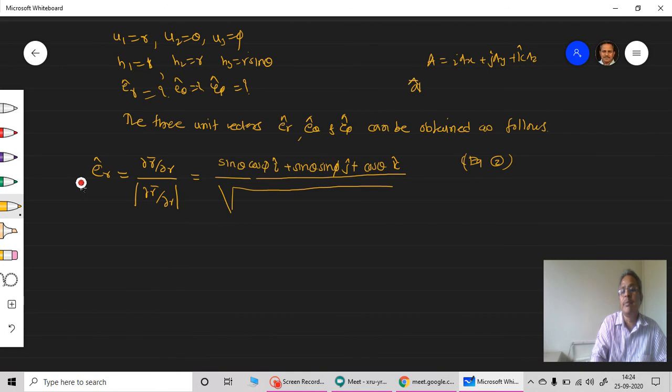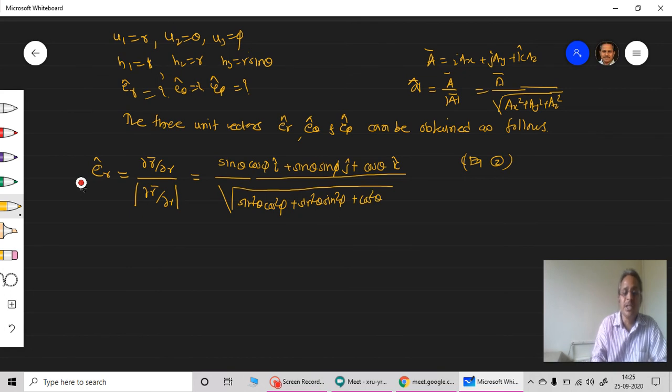Unit vector A cap is given by vector A bar upon magnitude of this A bar. So this is vector A bar divided by magnitude, which is given by the square root of AX square plus AY square plus AZ square. So this is the formula I am using here. तोच मला वापरायचा आहे. So this is the first component. So it becomes sin square theta into cos square phi plus sin square theta into sin square phi plus third component is simply cos square theta.